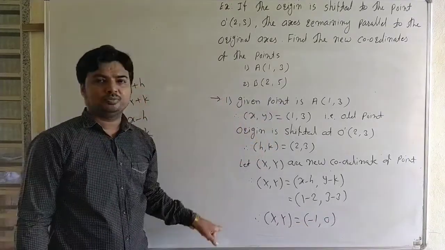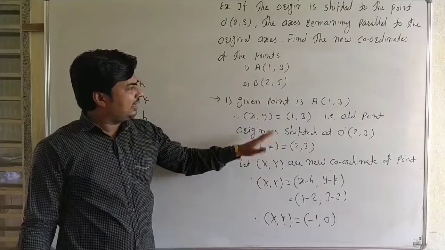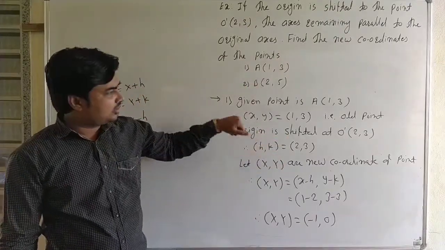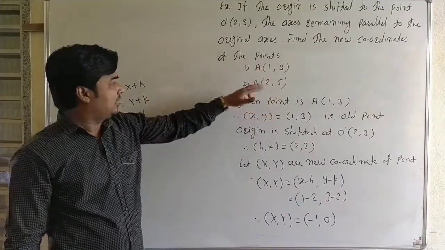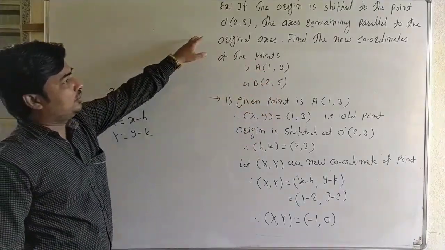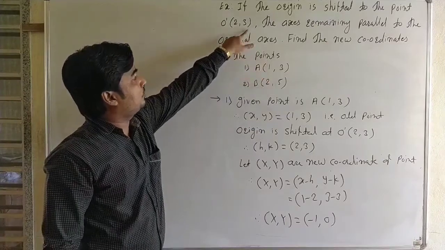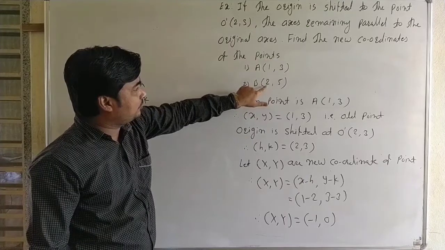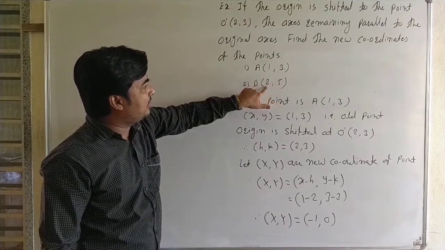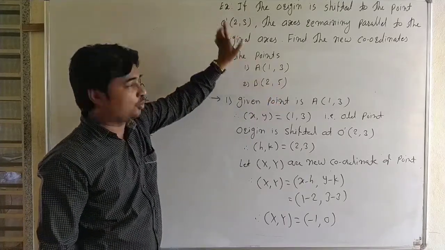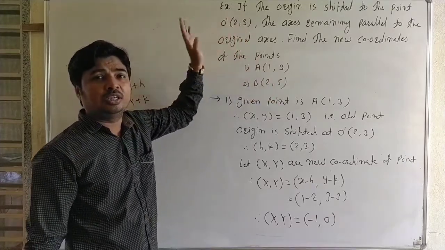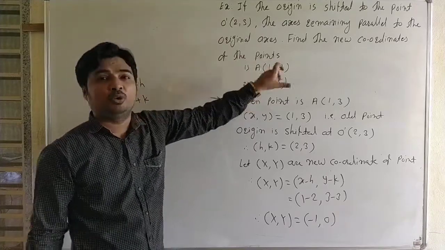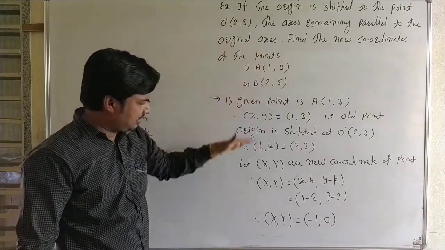Okay, see carefully. These are the new coordinates. Directly, you don't need to write so systematically; you can find the answer orally. If it is asked in an objective question, the direct answer is x minus h, y minus k. You can say it orally: x, y and h, k, so x minus h and y minus k. Now the second example: x minus h, that is 2 minus 2, which is 0, and 5 minus 3, which is 2. That means the new coordinates of this point B are (0, 2). Okay, we found it orally, these are simple examples.